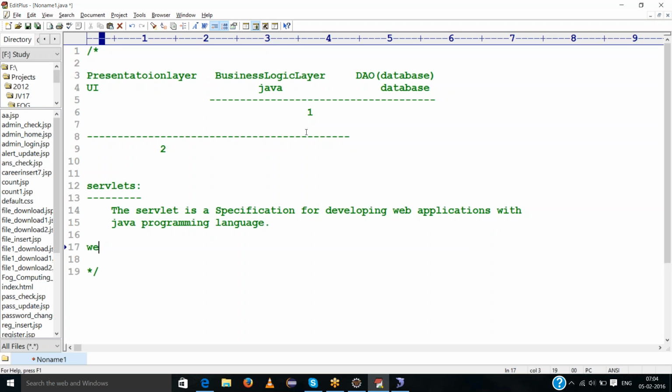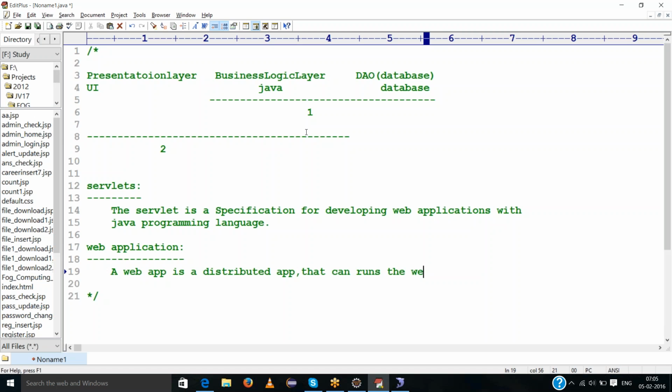What does a web application mean? A web application is a distributed application that can run on the web browser and web server.